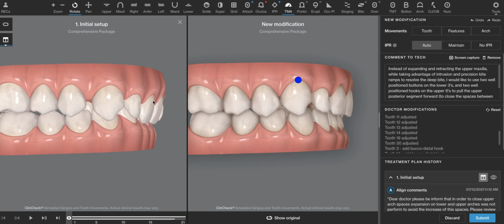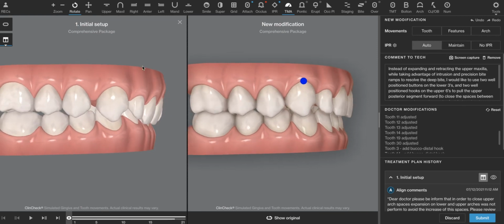If the trays aren't seated, then you don't see axial tipping of the teeth like we would like. And lastly, I would ask for